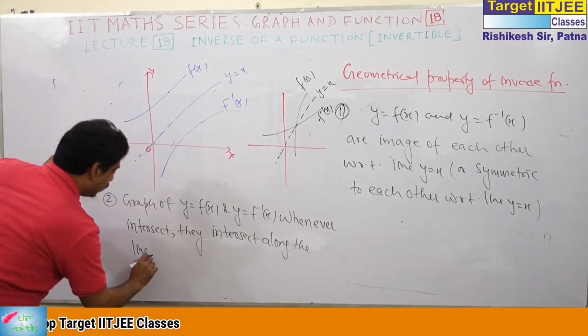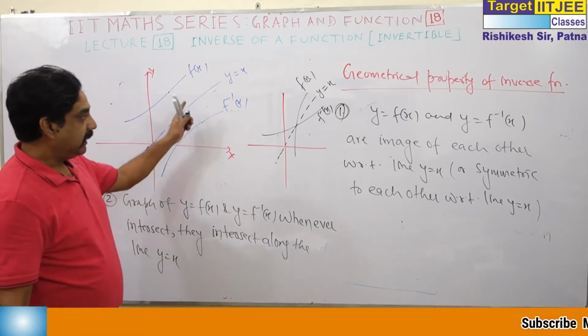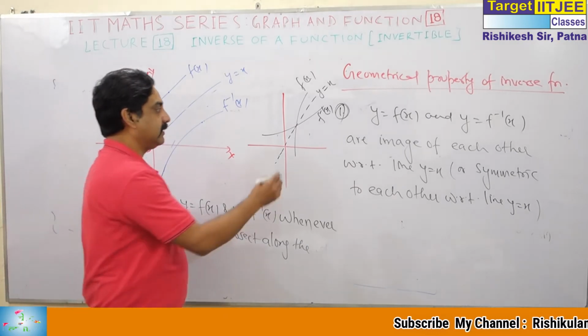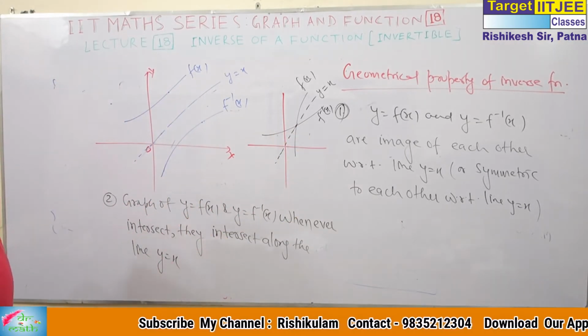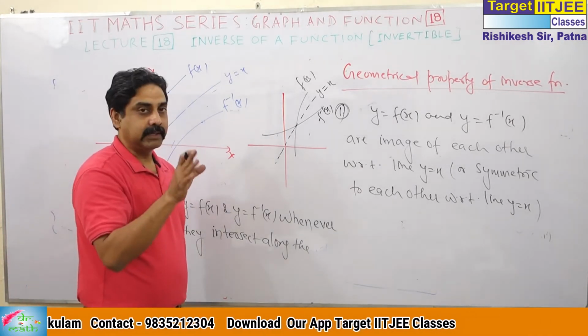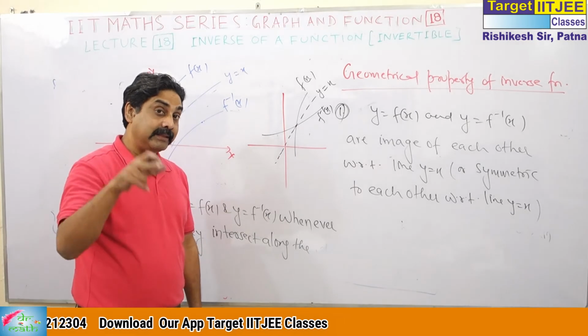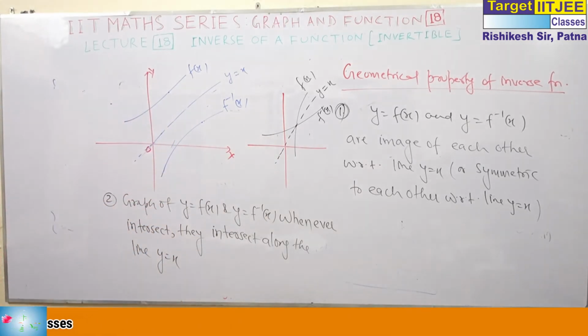Which line? y = x. Very obvious logic. If they are symmetric and they intersect, they always intersect on y = x. Very obvious logic. But there is one great conclusion from this. I am actually interested in that conclusion that I am going to write. The conclusion is that